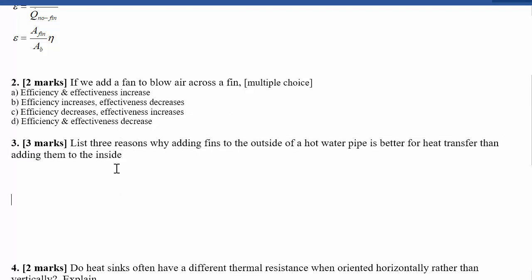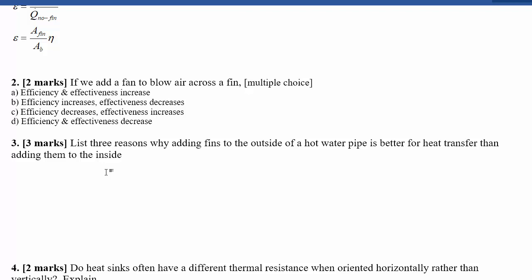I can think of, I think, 4. So you want to add fins to the outside because they're going to fit on the outside. They might not fit on the inside of the water pipe, so you can add bigger fins if you add them to the outside. Number 2, there's more convection resistance on the outside, and so that's the place that needs the fins more, right? The inside convection resistance is often a lot lower anyway, so that's